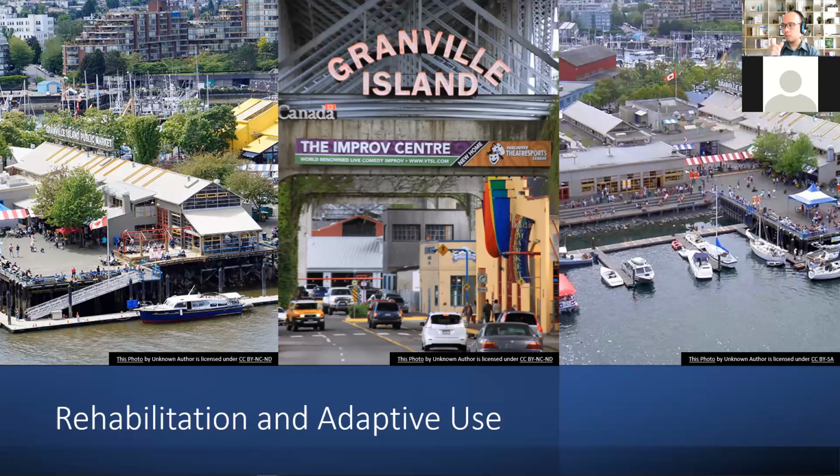Another example, I should have put the pictures on these slides. Another example, if you care to Google, or if you care to search, of a similar rehabilitation happened in Darling Harbour, Sydney, where there was a similar situation to Granville Island. Darling Harbour used to be an industrial estate. There used to be factories, and it became very, very disruptive, because as the city grew, as Sydney grew, Darling Harbour, which used to be in the periphery,